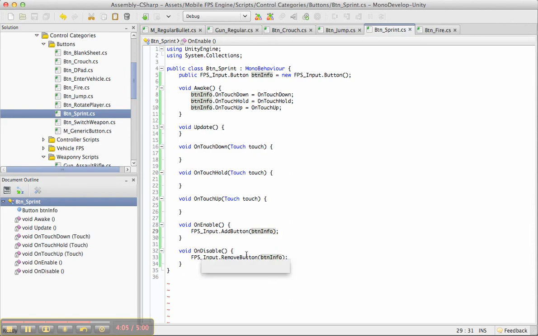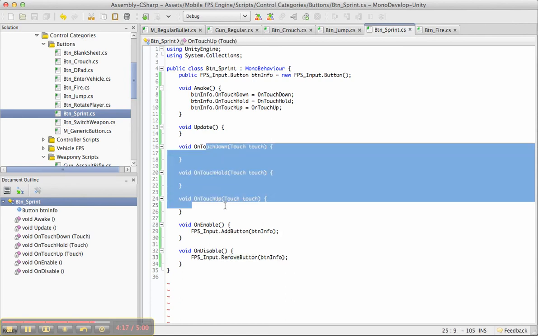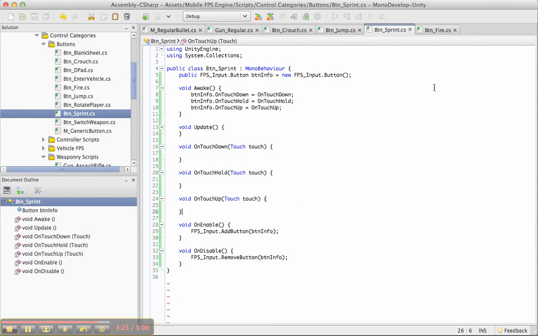And when this mono behavior, this sprint mono behavior gets disabled, on disable, you want to remove the button. And that would remove it from the list so that these commands are no longer called, saving lots of processing power so that this button is no longer called in the list. I'm going to talk a little bit more about the fire button next, just to show you what a button does in my kit. Alright,